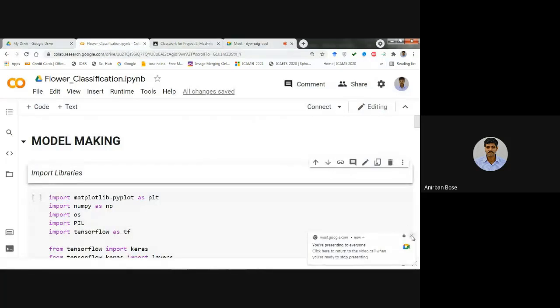So it's a neural network model that we have prepared. We have used Google Colab to train our model, and after that, we'll save that model in HDF5 extension. And then in VS Code, with that saved file, we are going to create our Streamlit app. So let us first see how to create the model very quickly.